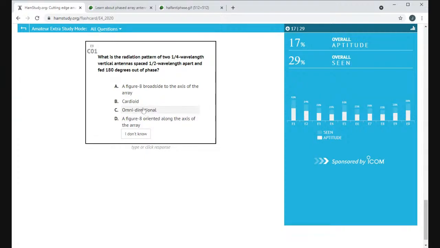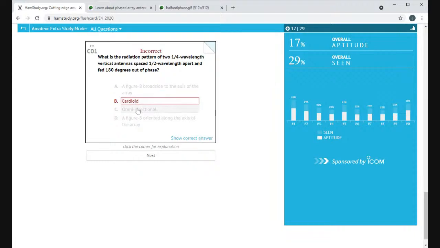I think the other one was the figure 8 is quarter length, and so I'm going to guess D. Cardioid, they think is the one that's half a wavelength apart. And I am wrong. It is figure 8 oriented along the axis of the array. And we have